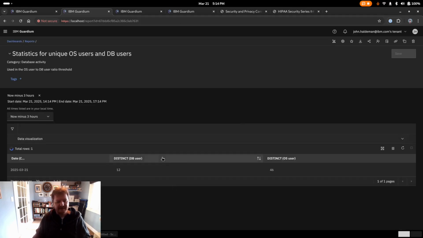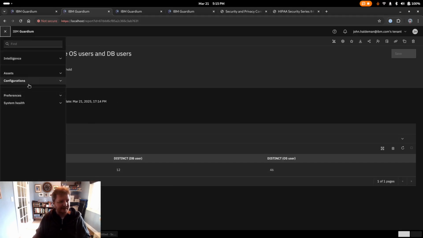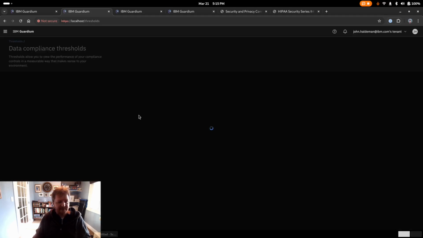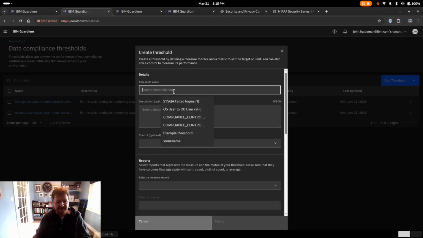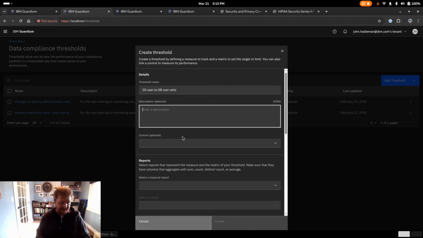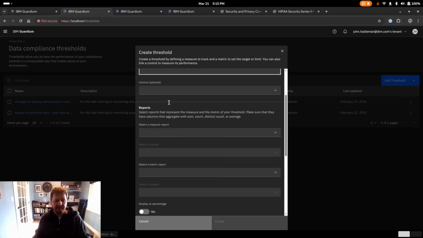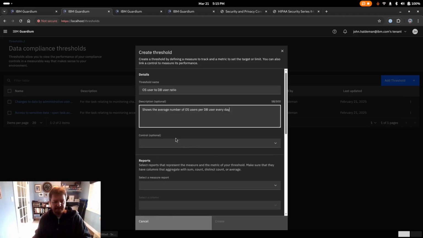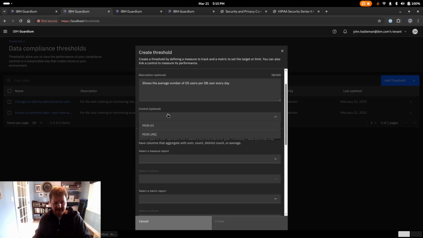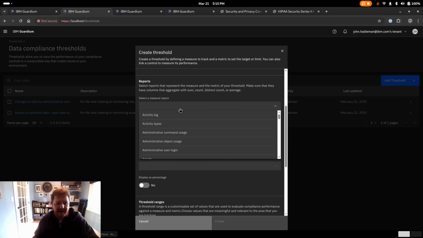Okay, so now we're going to take these numbers and use them in our threshold. So let's go to our thresholds, and we'll create a new one. All right, and then this is the ratio of, shows the average number of OS users per DB user every day. All right, and then we're going to assign that to unique, and then we're going to